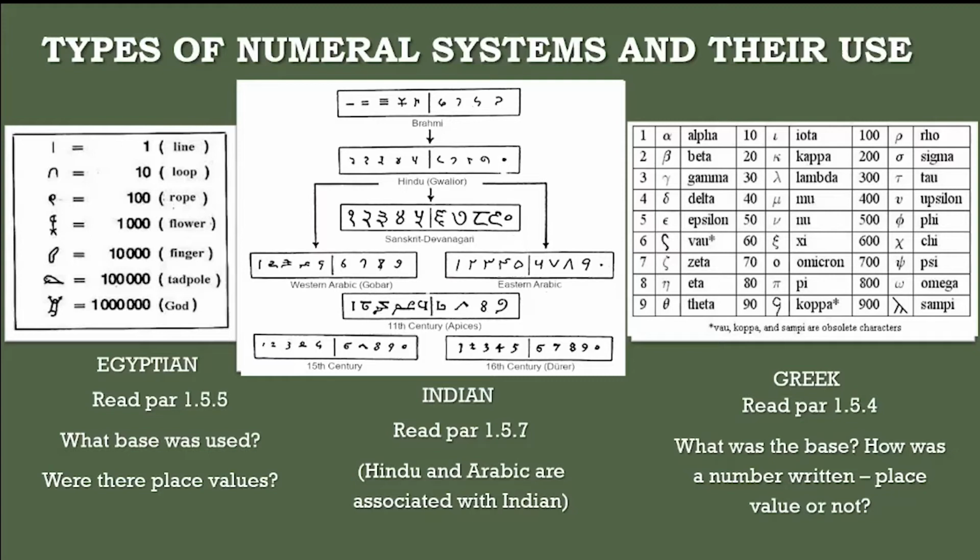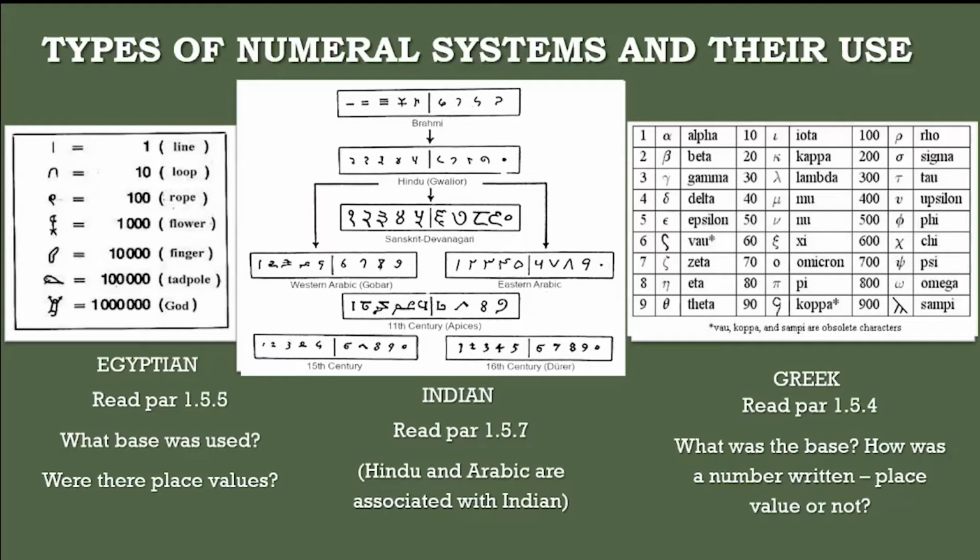Then the last one is the Greeks. Now the Greek corresponds to what you always used to get in school, like the Roman letters. The Greeks used the letters of the alphabet to associate a number. So the alpha, beta, gamma, delta, epsilon, those are the numbers, like our A, B, C, D. If you look at 1, it's alpha. And then beta, gamma, delta, epsilon,